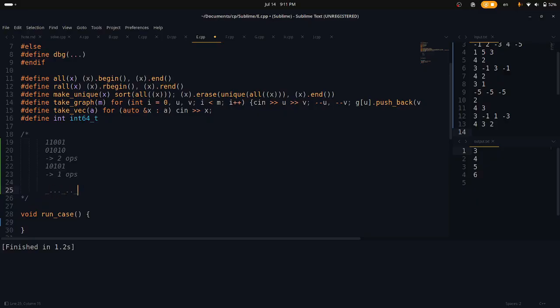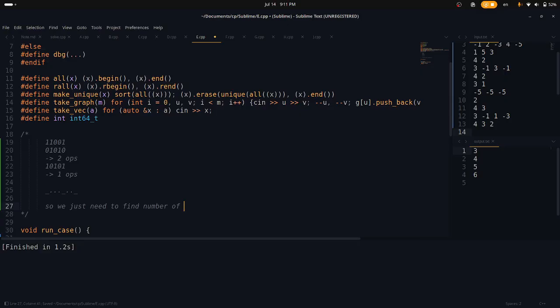If we do all the operations here, then we still need two operations. So it's better to do them individually, right? Yeah. So we just need to find the number of subsegments